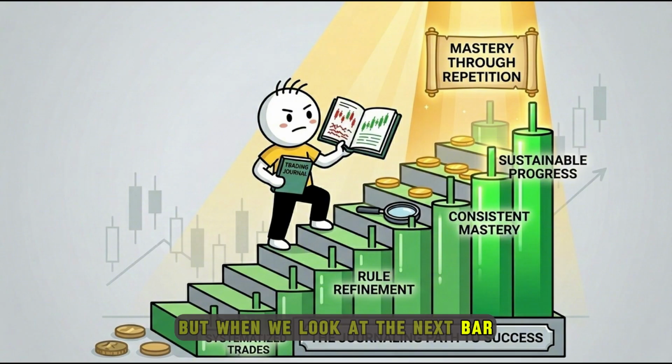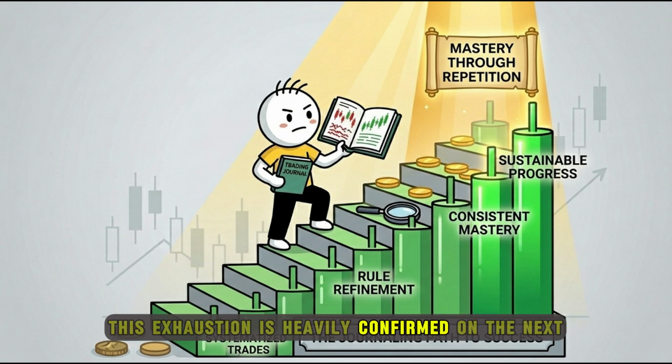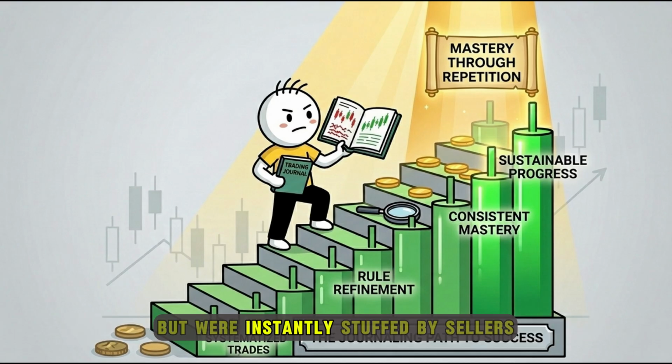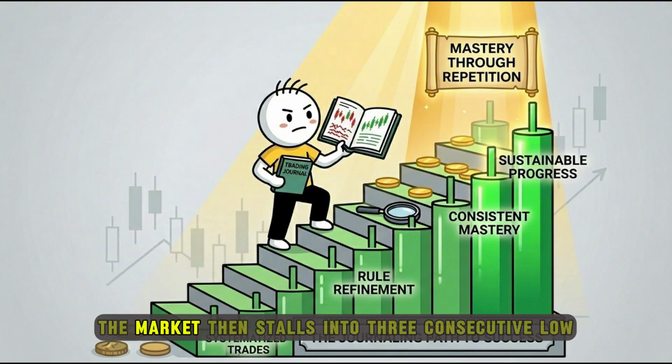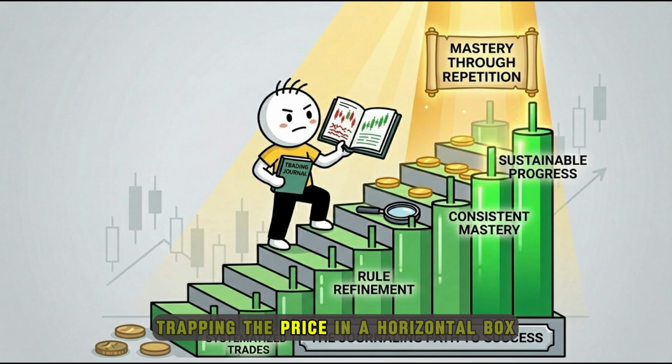But when we look at the next bar, there is zero upward continuation. This tells an ominous story. The bulls spent all their available fuel absorbing those sell orders, and they have absolutely nothing left in the tank. This exhaustion is heavily confirmed on the next mid-close bull candle, where buyers tried to push higher but were instantly stuffed by sellers. The market then stalls into 3 consecutive low close range candles, trapping the price in a horizontal